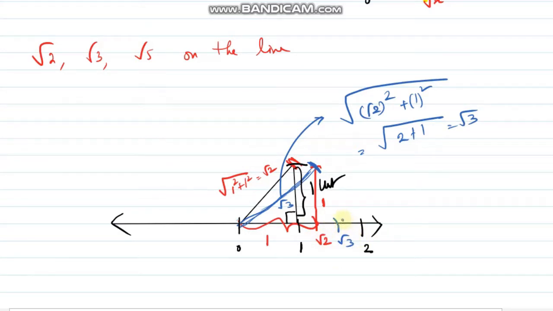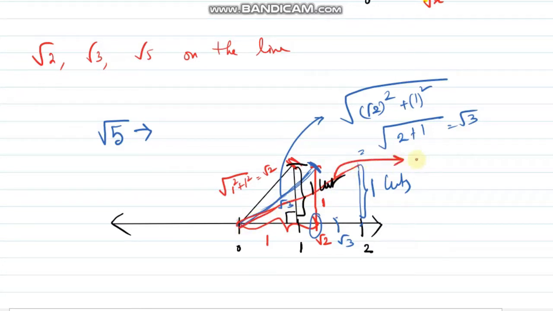This is the way we plot root 2 and root 3 on the number line. To plot root 3, first we need to draw root 2 and then proceed further. But to plot root 5, that is independent of this. I don't need root 2 or root 3. On 2, I draw a line of length 1 unit. If I join this with the origin, the length of this line will be root of 2 square plus 1 square, that is root 5. I will take the measurement of this line and plot it there, so that will be my root 5.